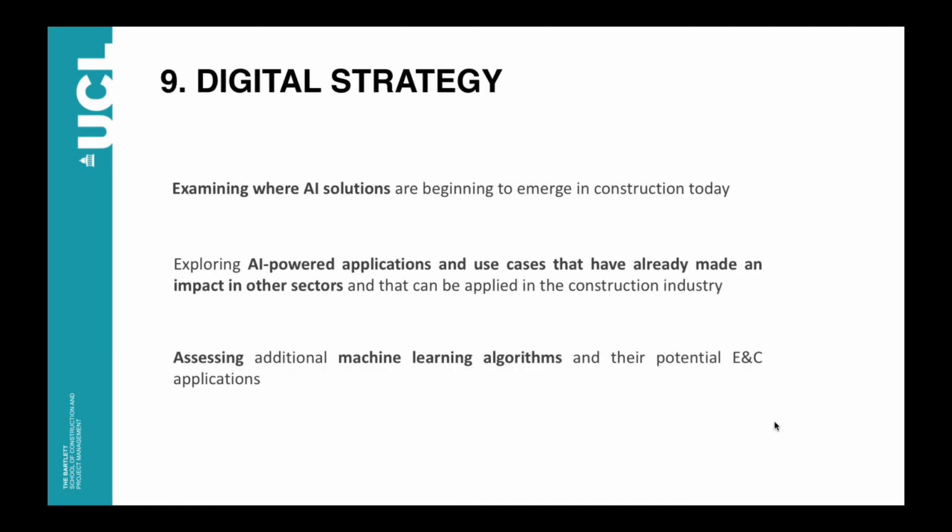So it's clear that a digital strategy is needed. First, we need to be aware where the AI solutions are beginning to emerge in construction today. It means where the use of artificial intelligence algorithms are already working. Also, we need to explore the application of this AI and the use cases that have already made an impact